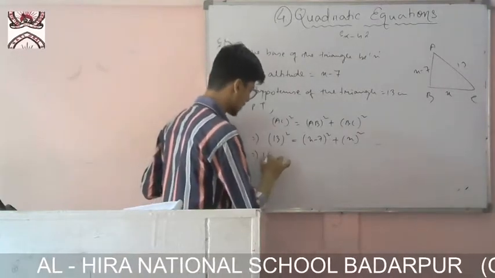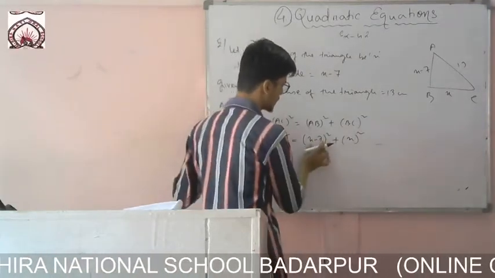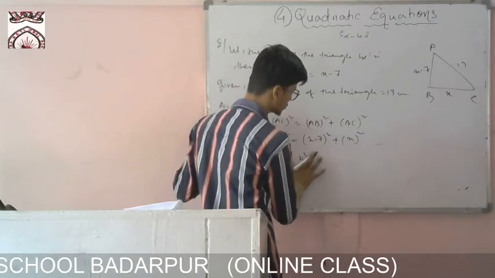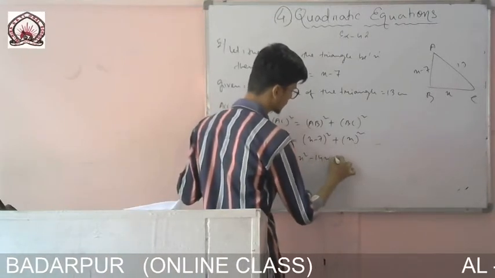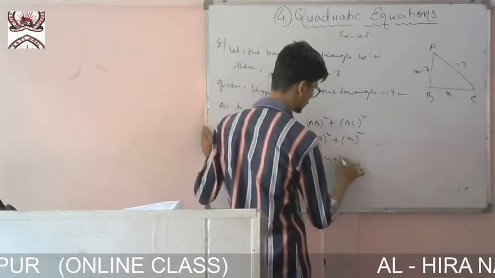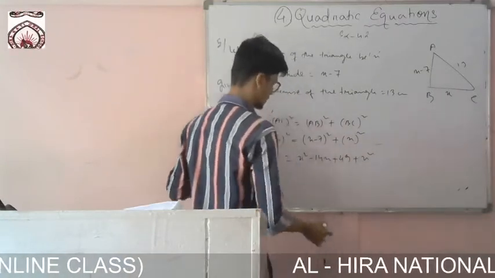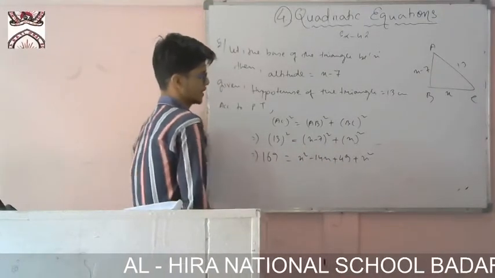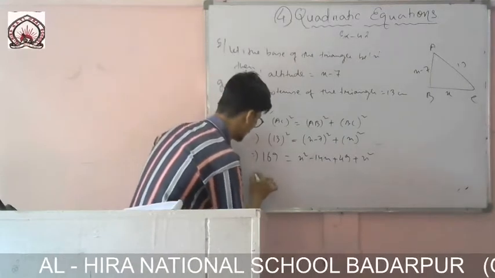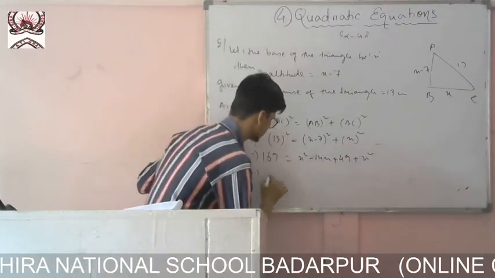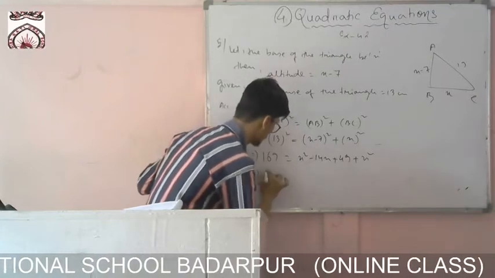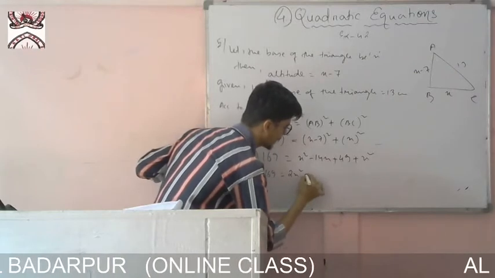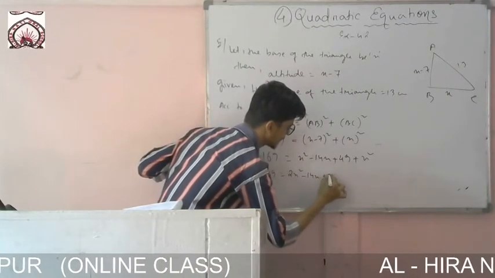So 13 square, it is 169 equals to, so this one let me break it, x minus 7 whole thing square, it is x square minus 2ab. So 2 7s are 14, minus 14x and 7 7s are 49, plus 49 plus x square. Okay, you see here a square minus 2ab, 2 7s are 14 into x. So it is 14x and 7 square, it is 49. So 169 it is there. So if I change the side, okay, let me do it. 169 equals to twice x square minus 14x plus 49.